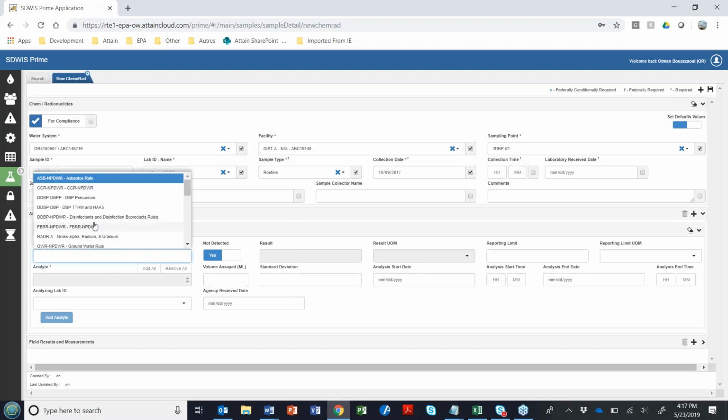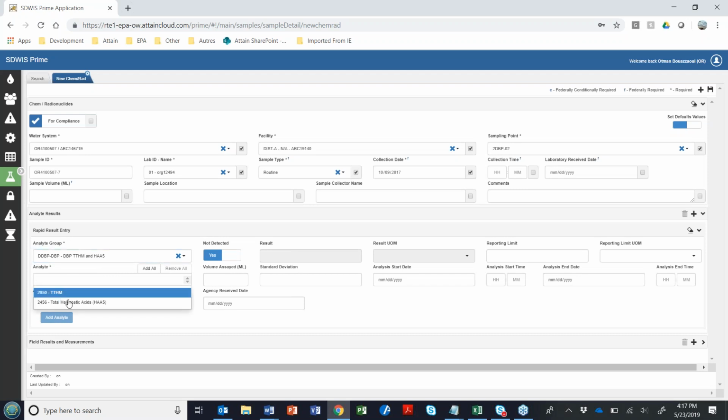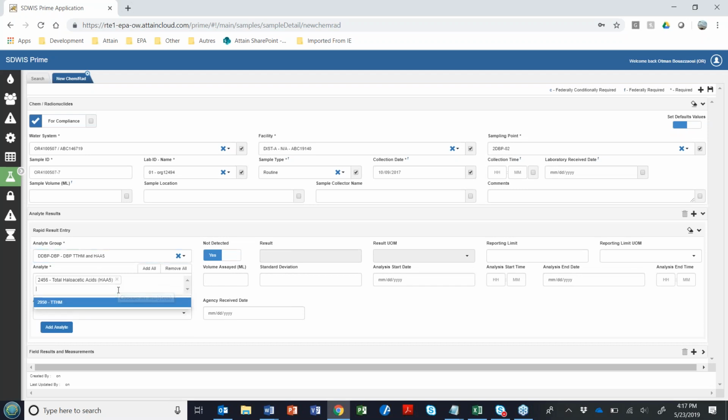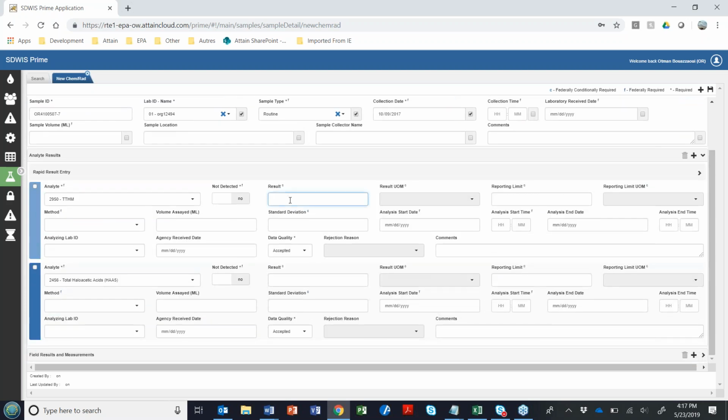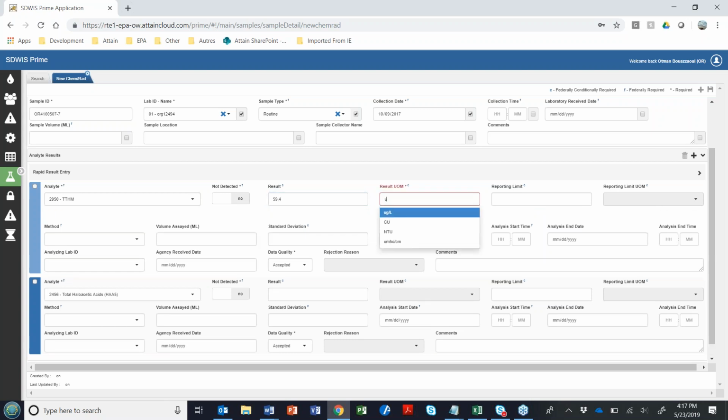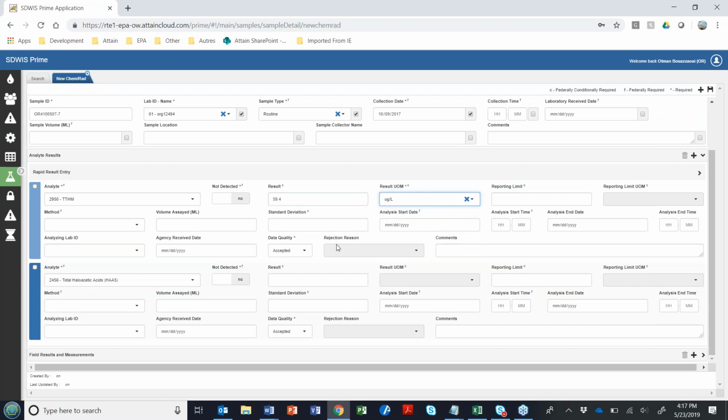And then we're going to use this feature here where you can enter data a little bit quickly. All right, add these 2 analytes. So for TTHM, for sample number 7, I'm at 59.4 microgram per liter, and the agency receipt date is October 30th, 2017.